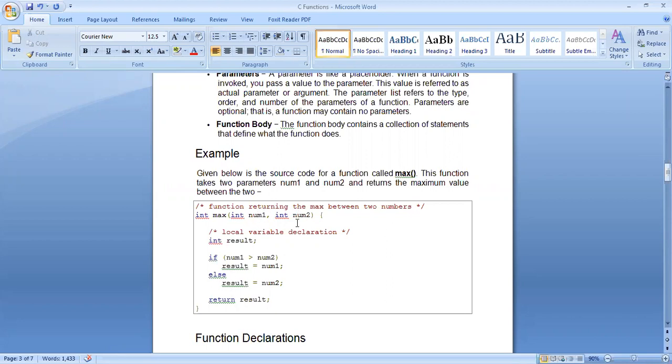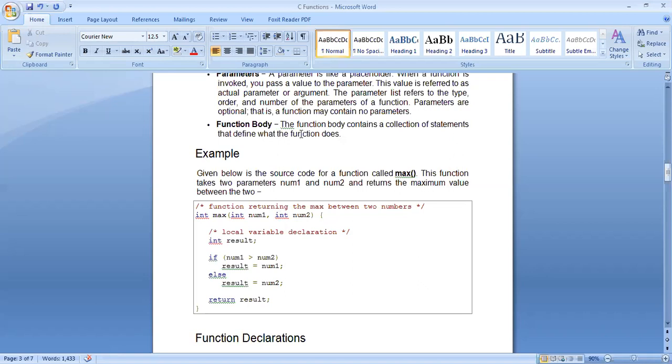So these are what arguments or parameters are. Depending on what type of values you are passing, the data types must match. If I am passing 2 and 3, which are integer numbers, the data types must match.